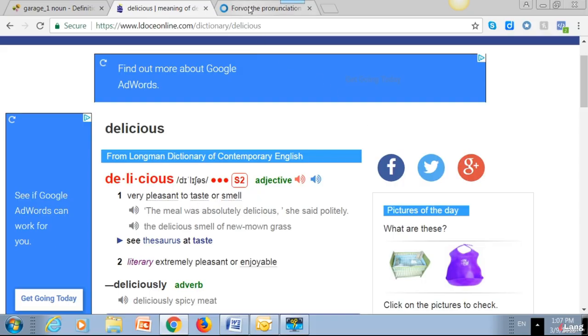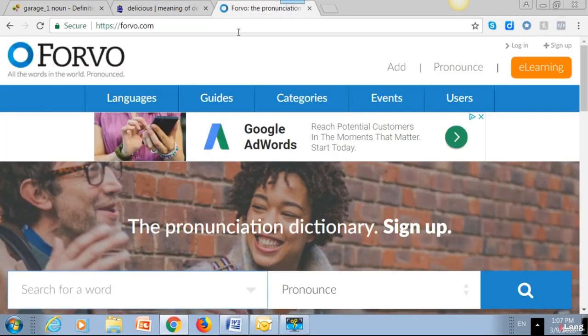And then finally, I want to illustrate for you Forvo. This is a pronouncing dictionary. What I like about Forvo is you can find proper names in here. What I mean by proper names are you can find names of people, names of cities, names of states, which you might not always find local and regional items in a regular dictionary. But here, take a look at this.